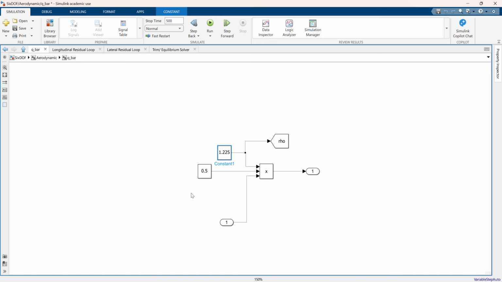But rho was the only constant we were using so far, or I should say we were assuming so far. So that will change. Now rho will not be a constant. Now rho will be a function of the altitude. So what I will do is I'll